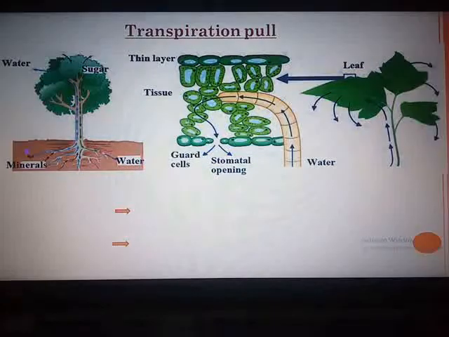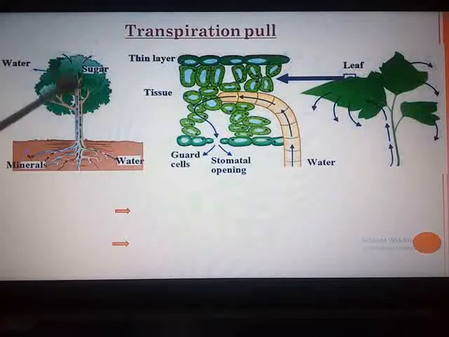Water is released into the atmosphere by the leaves through the process of evaporation. You can see water is given out into the environment. As a result, the water level in the epidermal layer of the leaf decreases, and water is brought up to the leaves through the xylem. I have told you earlier that it is the xylem, a specific tissue, which helps in the pulling up, absorption and transportation of water. Hence the water which is lost as vapor through the stomata is brought up to the leaves through the xylem so as to compensate for